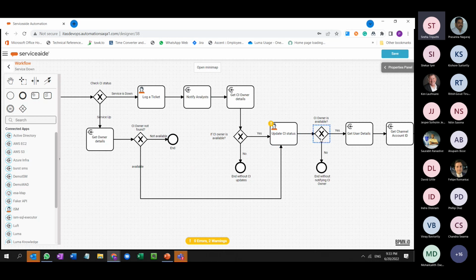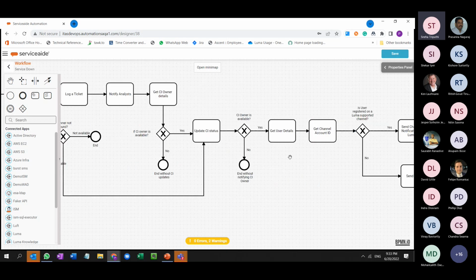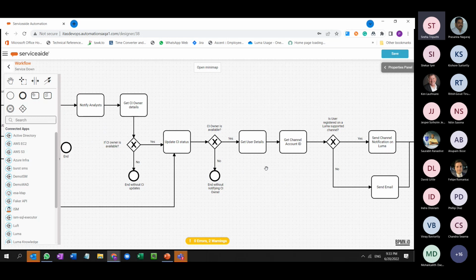path where we find the owner's details in Luma, validate whether the user is available on one of the Luma supported channels. If the user is available, we send out a Luma notification. If the user is not available on Luma, then we send out an email to notify that the star CI is now up. Okay. So this is just to show multiple use cases of how we can use this